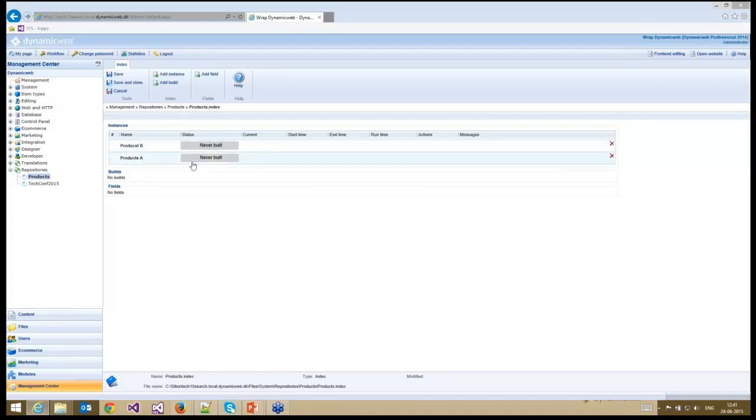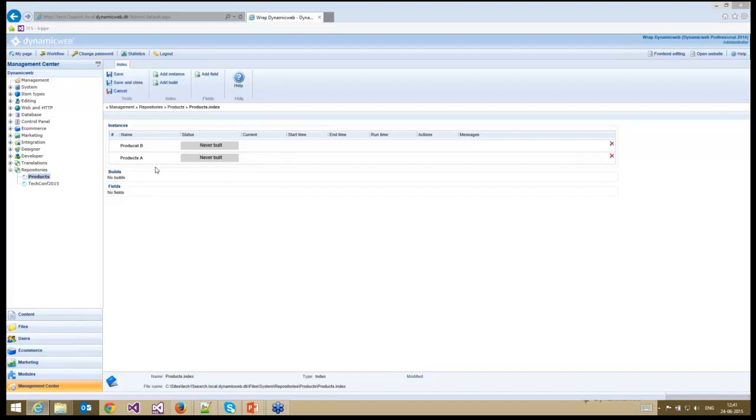So the reason for doing this is redundancy. The index engine will always pick the active instance to use as the data store for the queries. And if that one, let's say, is unavailable, maybe it's being built or maybe it hasn't been built yet, then it will run through this list and find the first one that's active, and then it'll use that one instead. So let's say you have an integration setup where I import products every night, and then